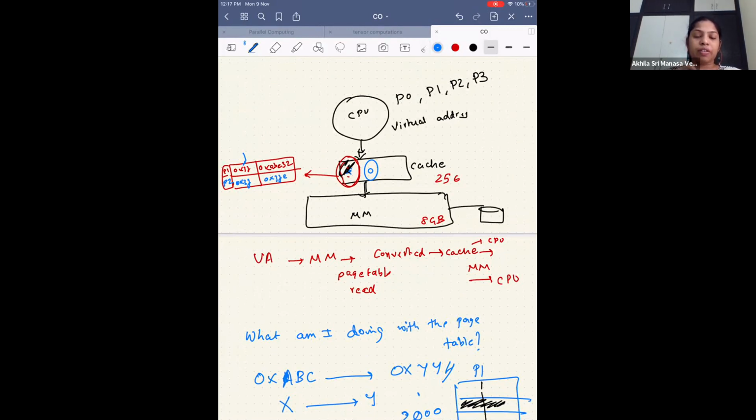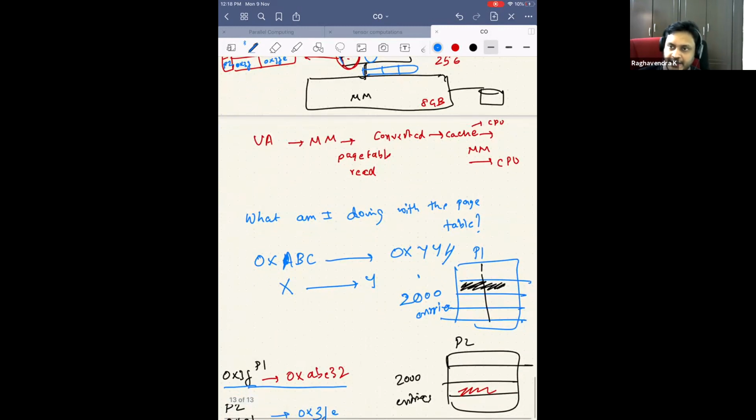We will be comparing this address to addresses in the cache. So there are some tags here, and I compare it with the physical address. That's what I'm doing. And if I bring a new page, suppose the CPU generated some address which does not belong to this page, then I replace this entry with the new entry, because I am just refreshing this frequently used page table entry.